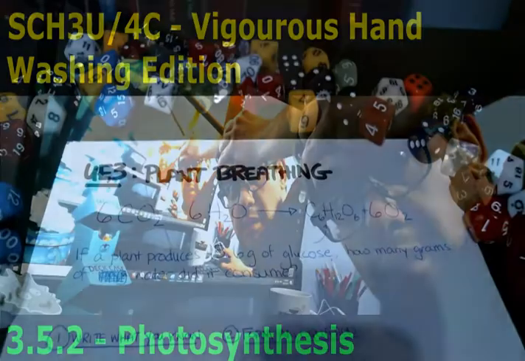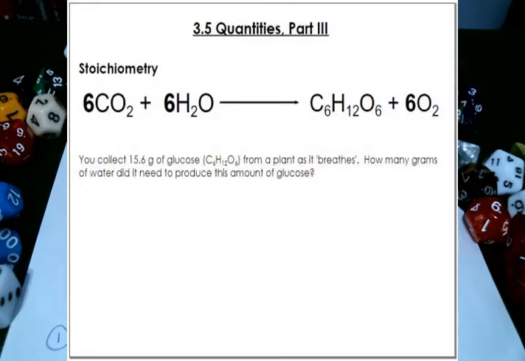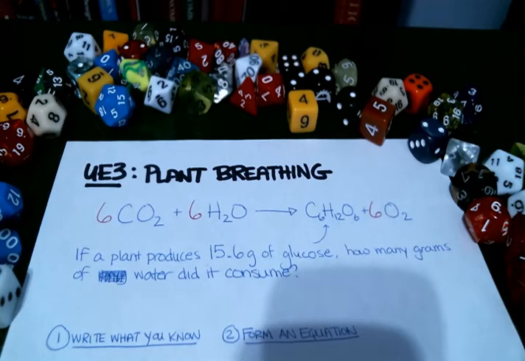In this last question, this is an unfinished question from the 3.5 lesson where I asked you to find how much water a plant creates through photosynthesis. Now, the balanced chemical equation is already provided in the question, so I'm not going to go through the balancing process. For those of you who aren't in bio, photosynthesis is the process by which plants convert sunlight into